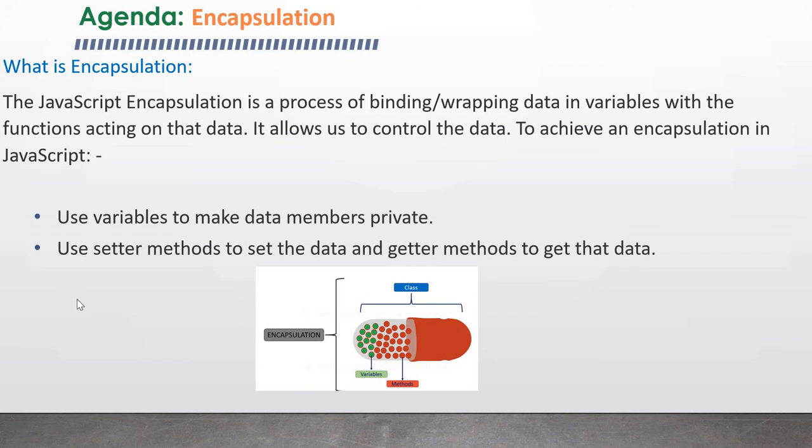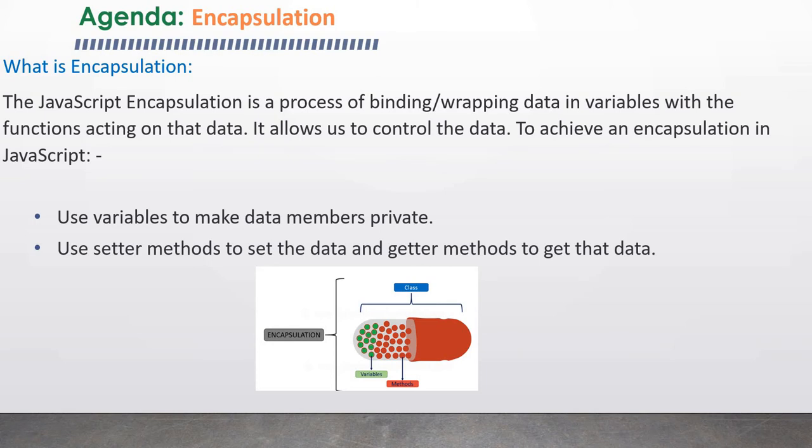Then we have to use two different methods. It's called setter method or set method, to set the value to that data or to that variable. Also there is another method, it's called getter method or get method, to retrieve the data from that variable. So the bottom line, the process of wrapping property and function within a single unit is known as